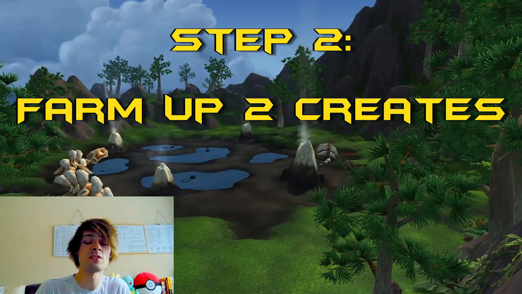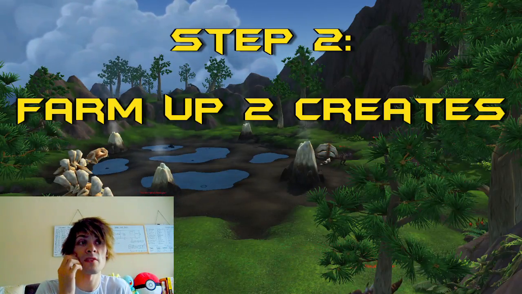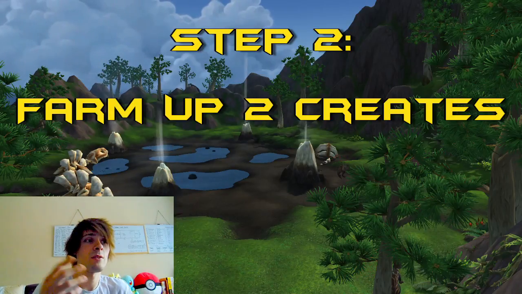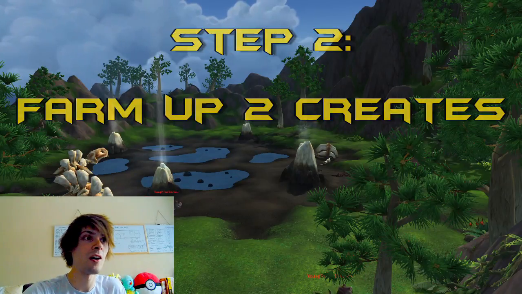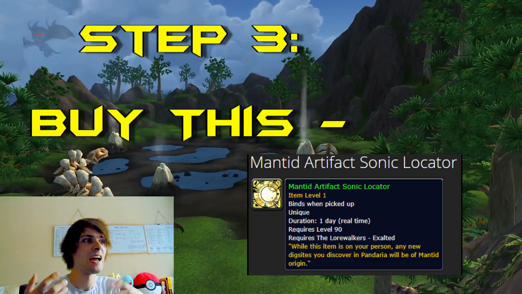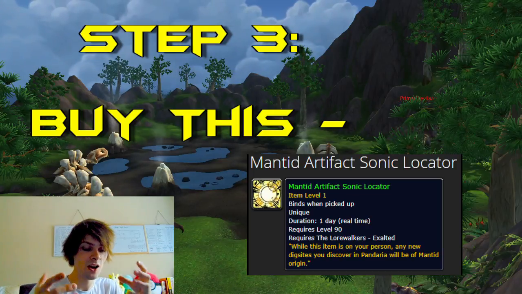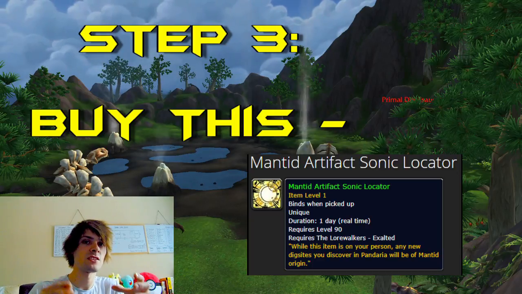Because what you're going to want to do is go back to your archaeology trainer, and he will provide you with something that you will need, and that is the Mantid Artifact Sonic Locator. This is within the little crate thing that you buy, which is the Mantid Artifact Hunter's Kit, and this is provided within it. Pretty much what you want to do is get hold of this Mantid Artifact Sonic Locator, and this will only specifically target